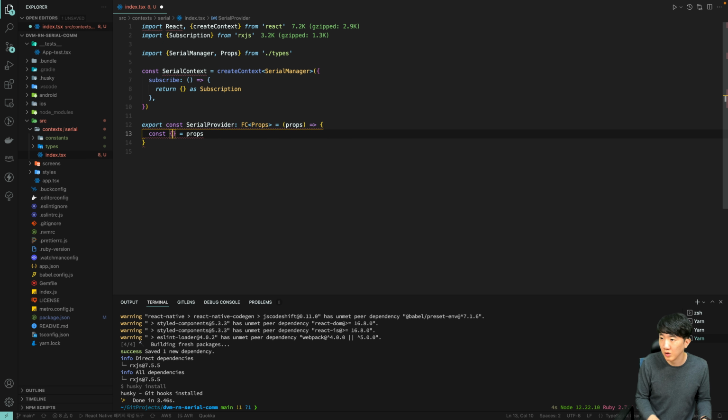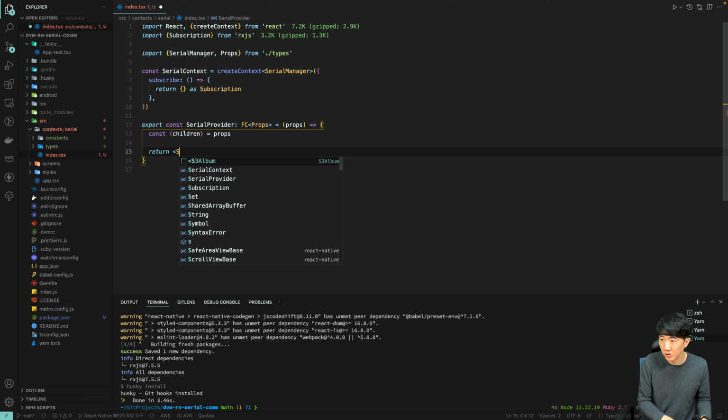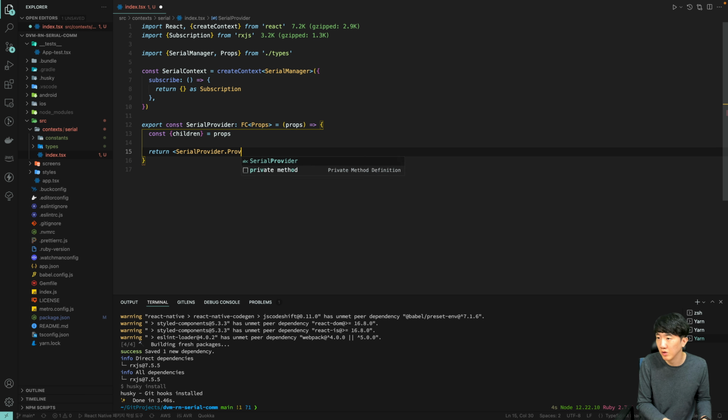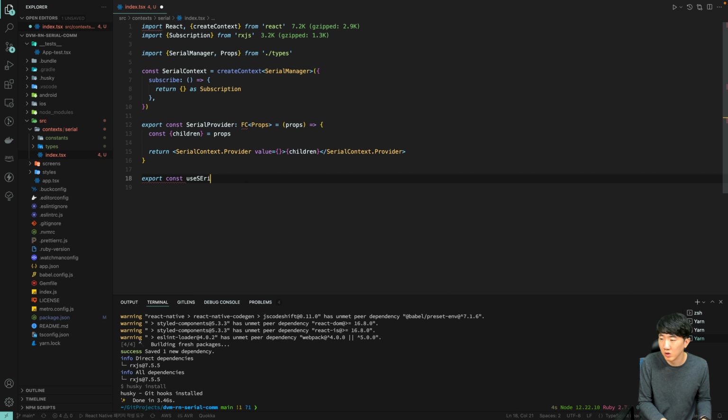Props, subscribe, shutdown, then return the provider, unsubscribe from the serial context, provider value, keep it open for now, and then children. This sets up the serial provider, supporting const use serial manager use context, and then serial. Currently, in order to ensure that the process is properly managed and efficiently executed without any issues or interruptions,